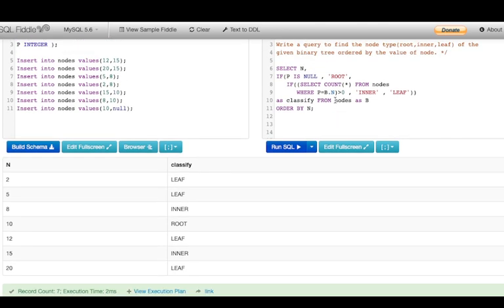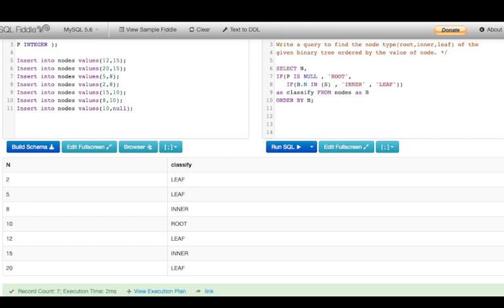One more thing that I would like to show you here is that instead of this count function, to make it easier for you, what you can do is in this if clause, you can also write that this b dot n should be in the P column, right?